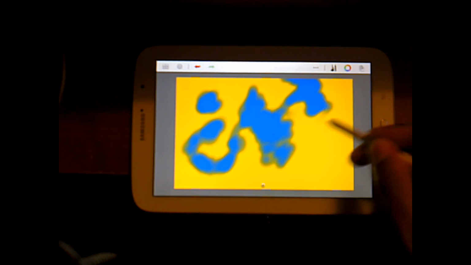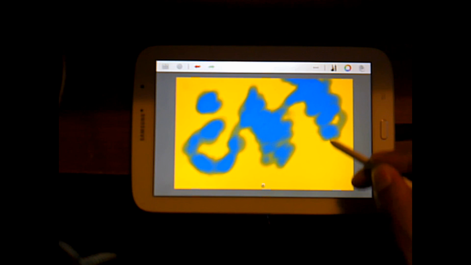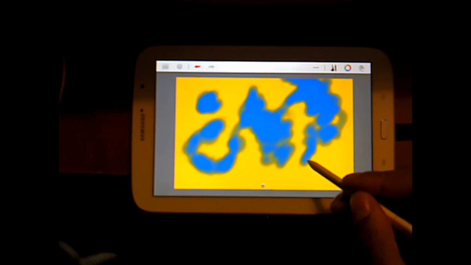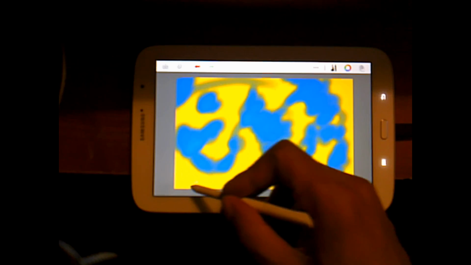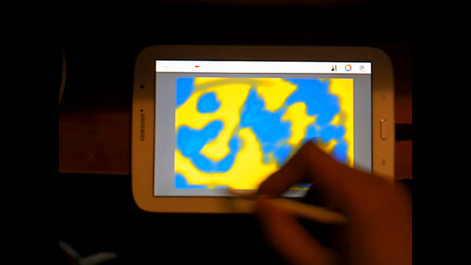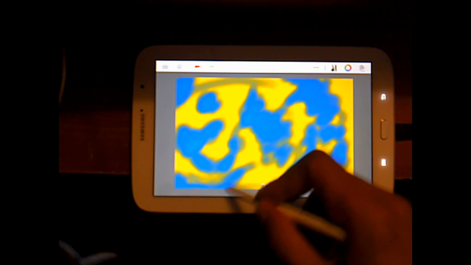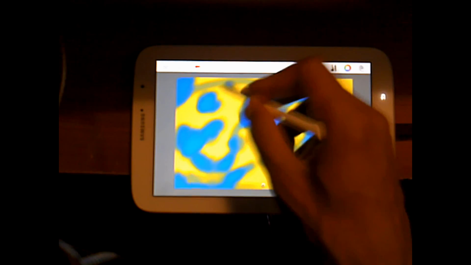So remember, the sky pretty much always stays blue, okay? It's usually the clouds that change, okay? Alright, so